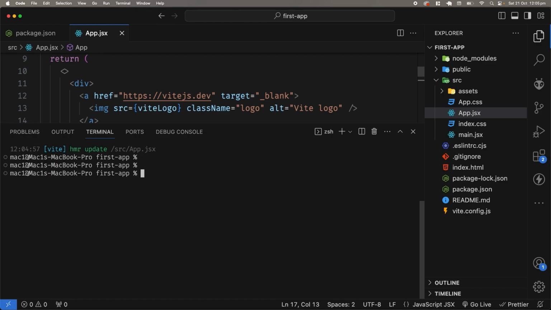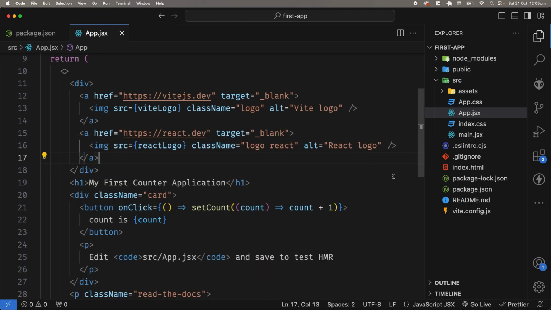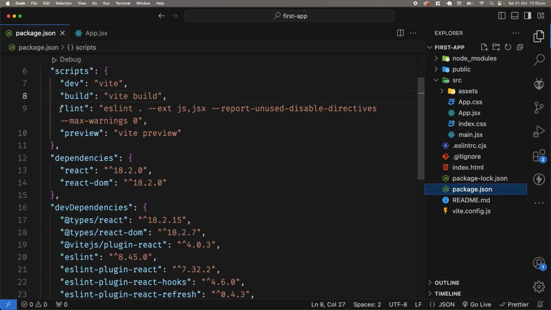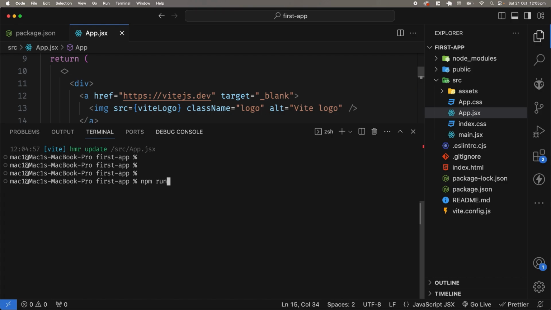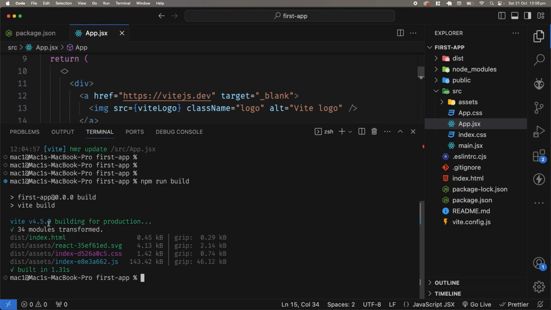So let me just open my integrated terminal. I will close this, and if I go to my package.json file, you can see that we have one build command which will help us make a production build. Okay, so if I open my terminal again and type npm run build, it will run a build for me, and you can see that it took nearly 1.31 seconds, which is way faster. Okay, and it made a production build for us